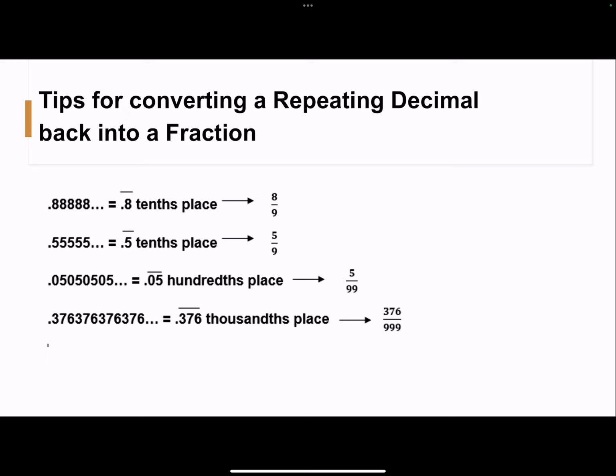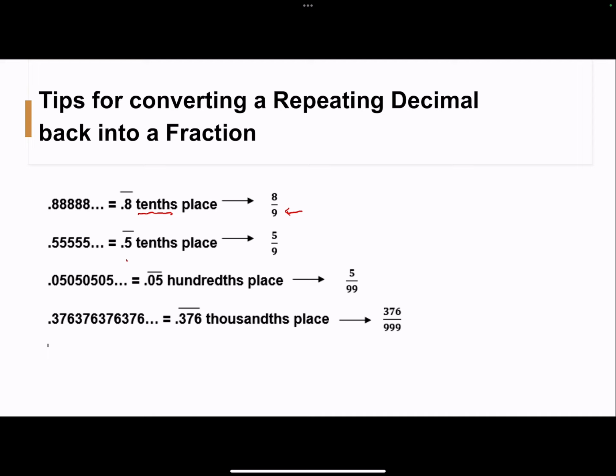But here's a tip for converting repeating decimals back to fractions. If I have 0.8888, that is 0.8 repeating. Notice that is the tenths place. So our denominator is going to be 1 less than that, so we're going to do 9, and then whatever number you have goes in our numerator. So 0.8 repeating can be turned back into a fraction. That's 8/9. Another tip,